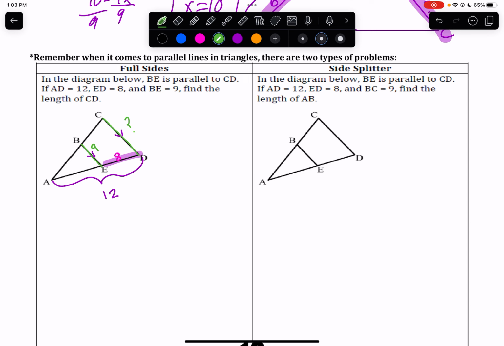So here we're going to have to again set up another proportion. We have to look at the actual sides of a triangle. So the entire thing is 12. Then if this is 8, then this is 4. So we're looking really at two similar triangles now. We have the top triangle, which has a side of 4 and 9. And then the larger triangle,